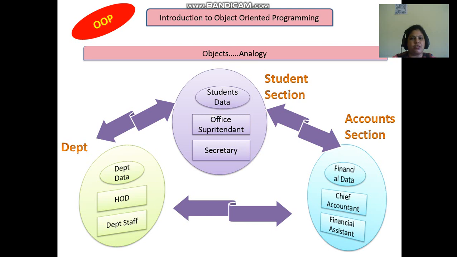The account section is related to all your financial data, and the department is related to the courses you have applied for, the subjects you are learning and your performance in those subjects. So each object has its own data and its own functions.